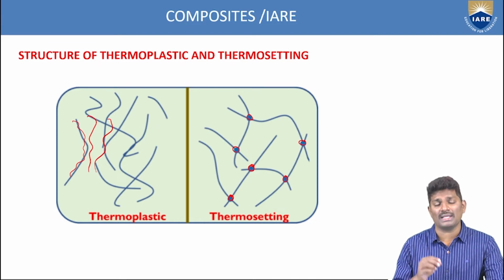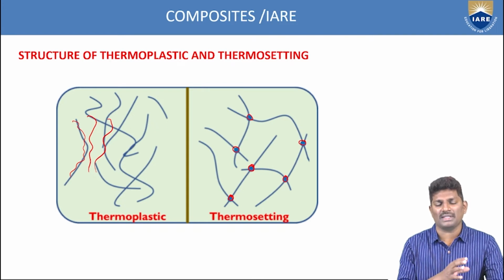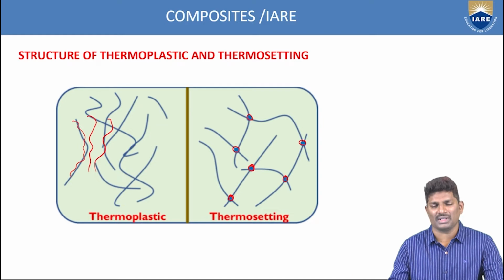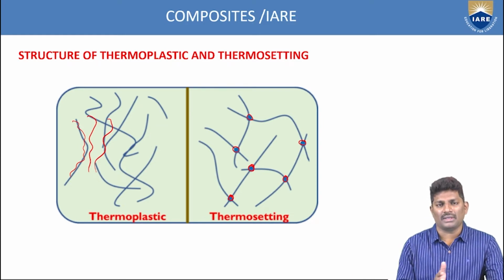But coming to the thermoplastic composite materials, though you're doing some manufacturing and you're doing some application, the applied material can be reused by the application of some heat process, and you can apply it to any other applications. So that is the main difference between thermoplastics and thermosettings.